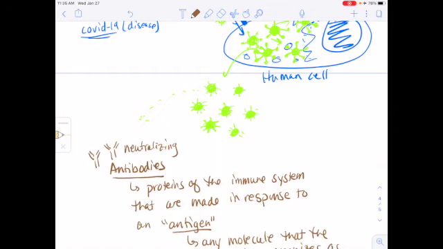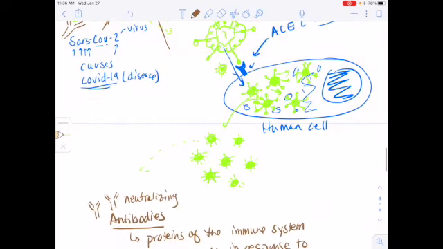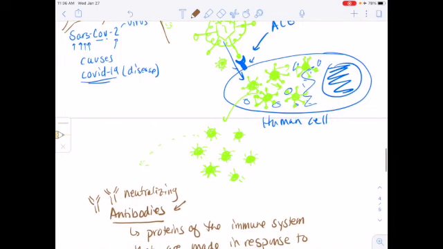Neutralizing antibodies. But here's the deal. If you get infected with SARS-CoV-2 and your cells make antibodies against this, we don't know how long they last. There is evidence that antibodies against coronavirus in COVID-19 patients only last about 4 to 5 months, tops. So you could get it again or catch one of the new variants that's out. So what we need is a stronger immune response. And also,